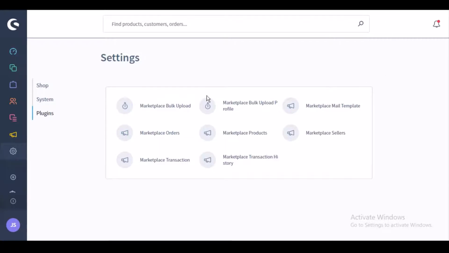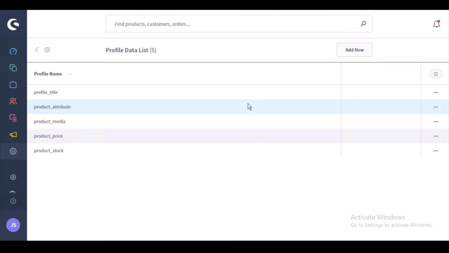The very first one is the marketplace bulk upload profile that I'm going to explain. The admin can upload the seller products data from a file in XML, XLS and CSV format from the admin backend. For that you have to click on the marketplace bulk upload profile button that I have clicked, and this has brought me here. Now here you find this three icon button. From here you can edit or delete any of the already created profiles. And if you want to create a new profile, you need to click on this add new button.